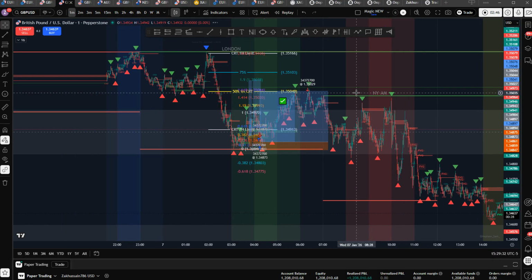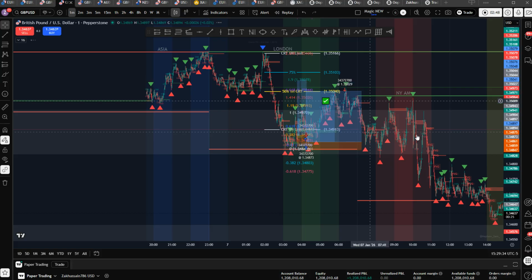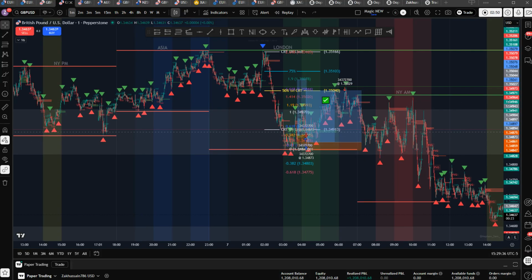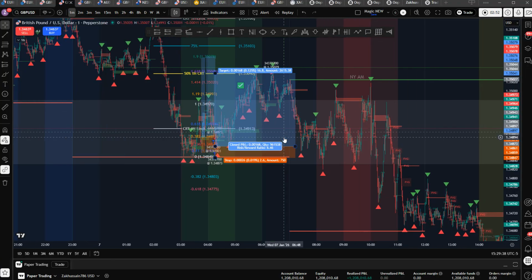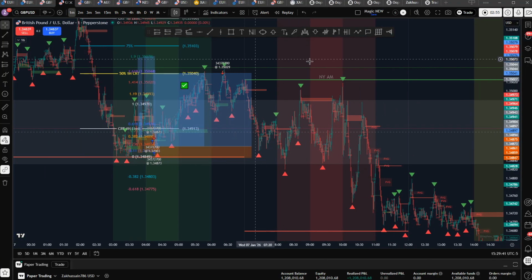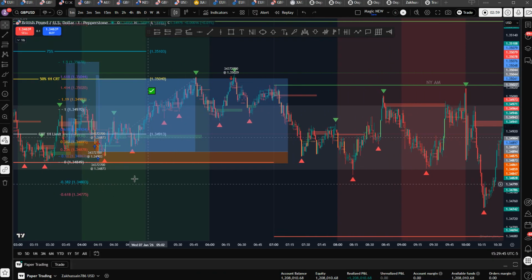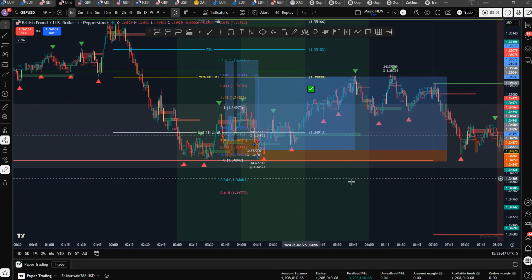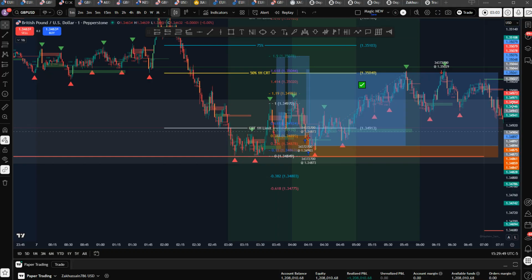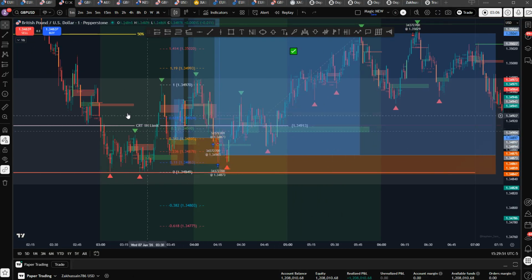It was a CRT based trade, and it looks a little bit complicated here, but in essence it was just the usual setup for CRT. This is a limit, CRT 1 hour limit. So it went down and then broke through the